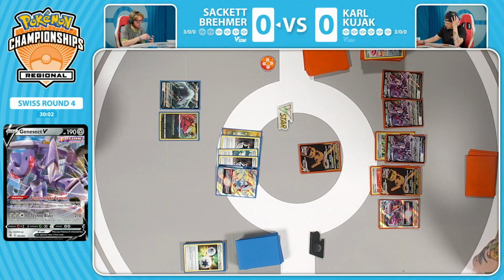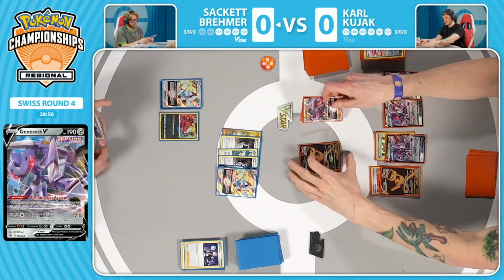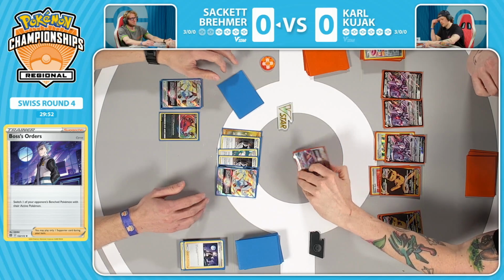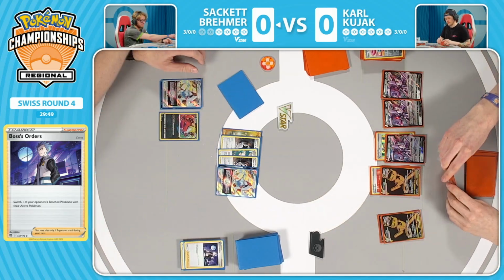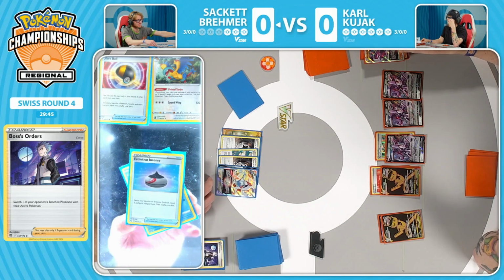Sackett has boss off of the Judge, evolves into Lugia V-Star, and here comes boss's orders. Get up here, Aerodactyl V-Star. And with that second Lugia V-Star being drawn as well, Sackett is guaranteed to be able to get off the V-Star power next turn. I guess assuming, let's not speak too soon, Karl could put a Path to the Peak